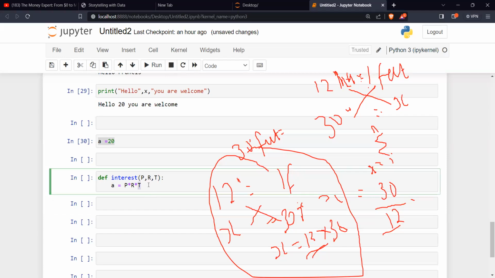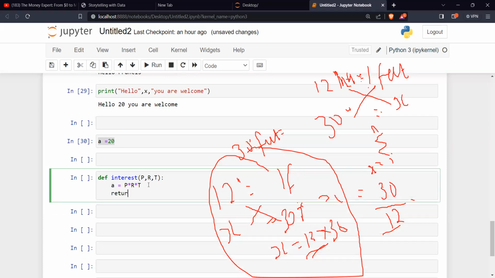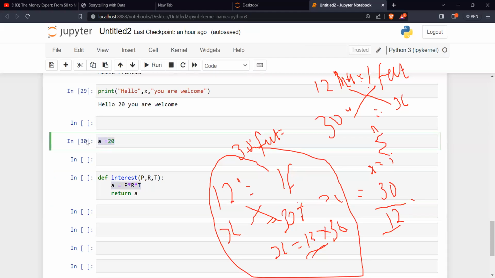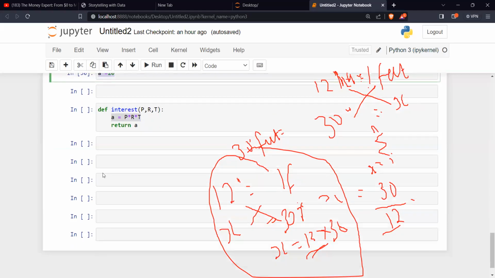Because it's only within here that I want to see it, so I cannot say return a. So within the function here, we have a local variable, while when we're writing in general, it is called a global variable. Is that clear?